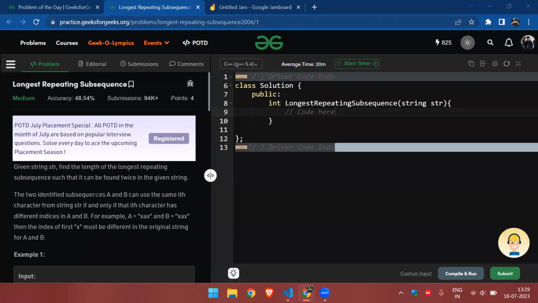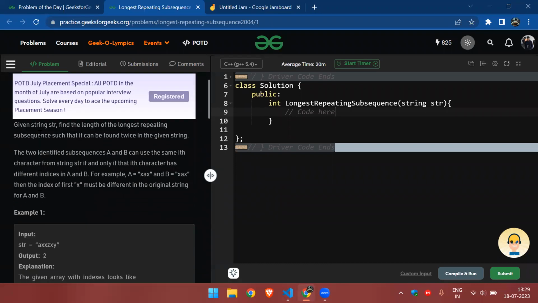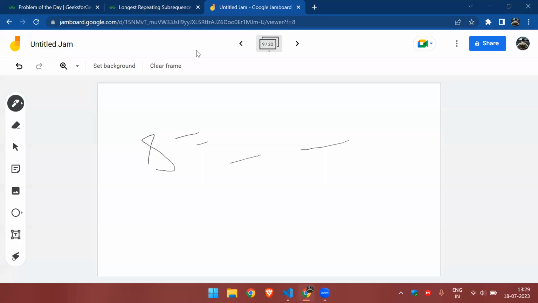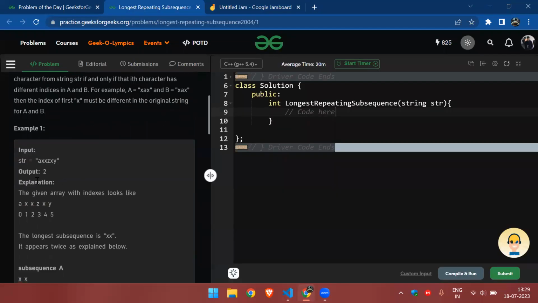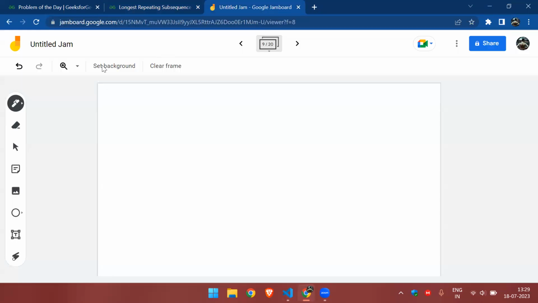Hello everyone. So let's solve today's problem, longest repeating subsequence. In this problem, we have been given a string and we have to find out what is the longest repeating subsequence. So what we can do is, let us first look at the test case, a double x,